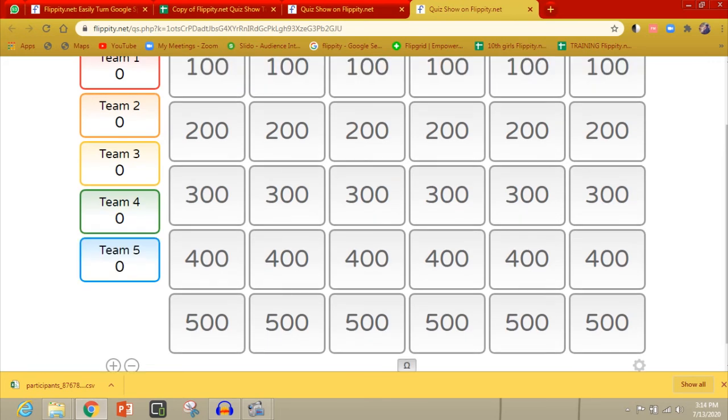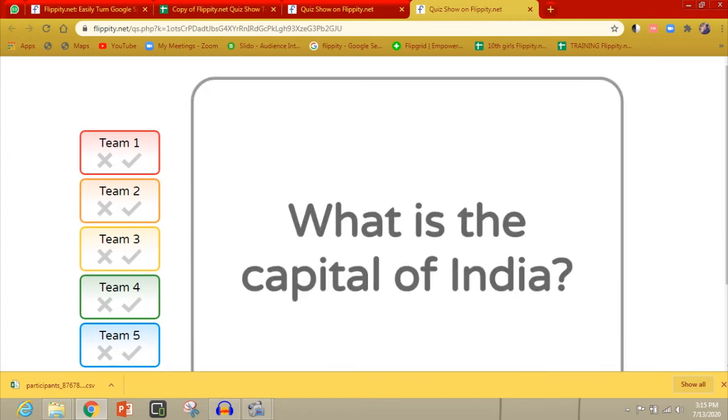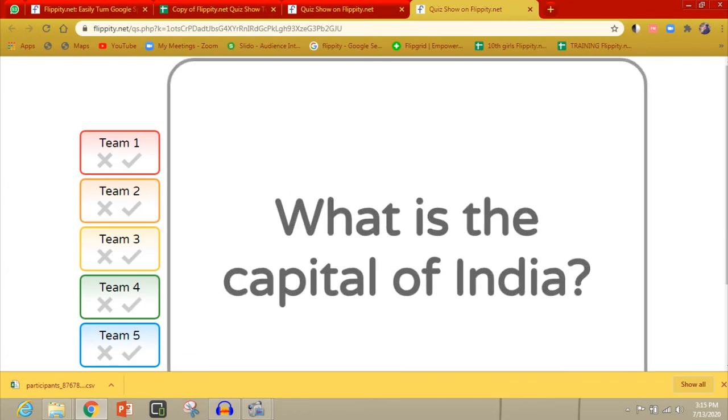We have made a change in the world capitals 100 question. So I'm going to click the question 100. Ask the participant to select any value. They will select, and I'm selecting 100. First the question will appear, what is the capital of India? If I give the right answer, for example New Delhi, the answer appears.